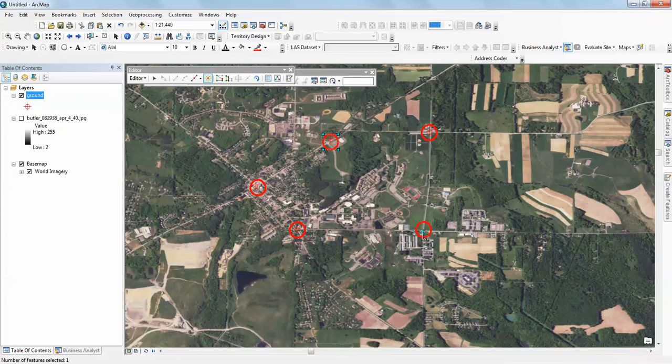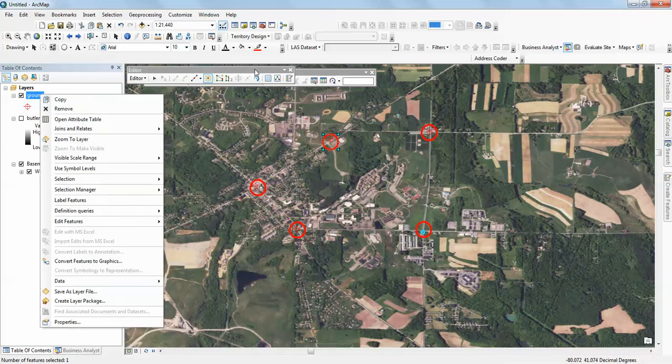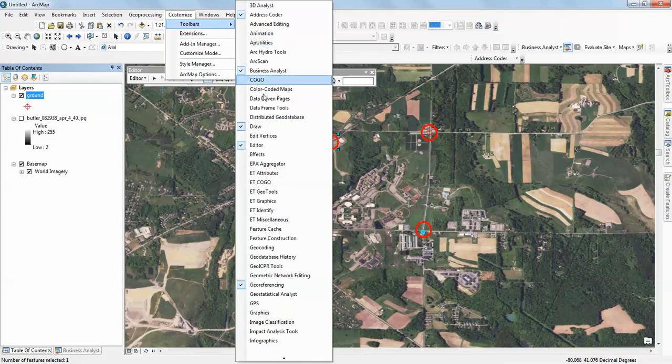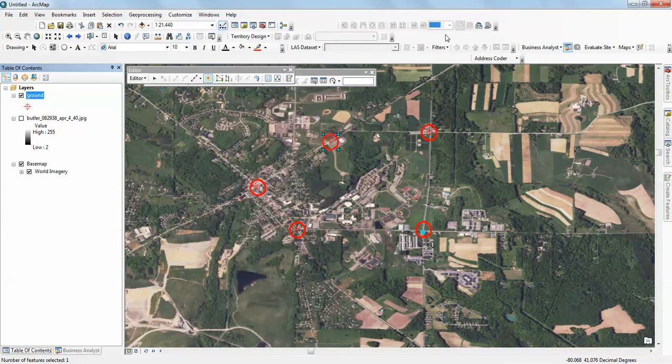There are control points. Now again, like anything else we would do, once we are done with our editing, we are going to have to stop editing. And so again here I don't happen to have my editor toolbar open. Oh, there it is. We're just going to have to go into the editor toolbar, and we're going to stop editing. Once we've stopped editing, then we will be able to continue on to the next step. So in the next step we will begin then to again tie our control points